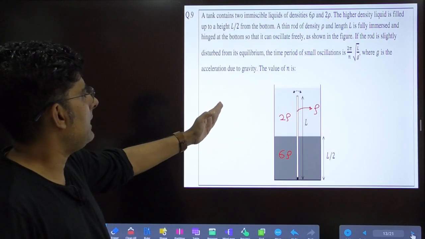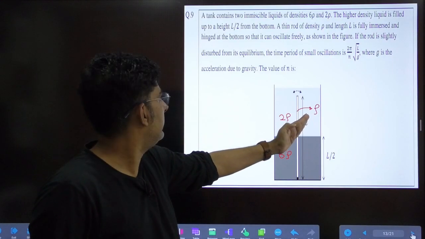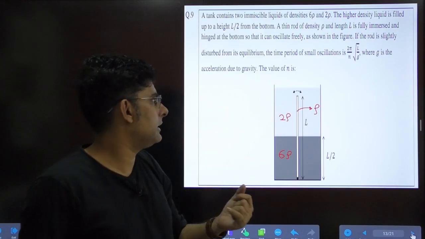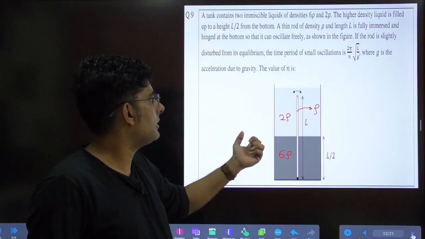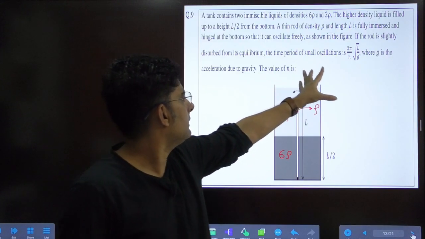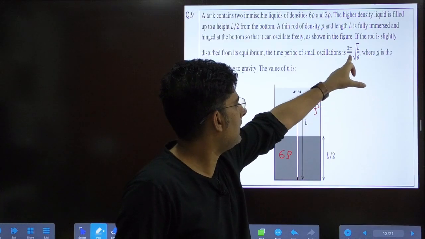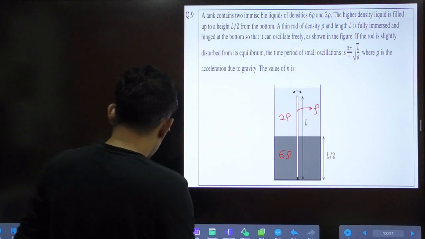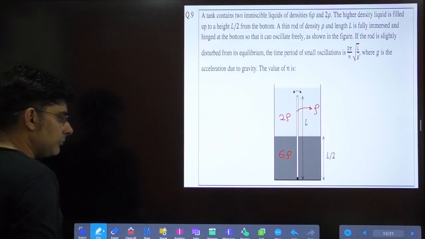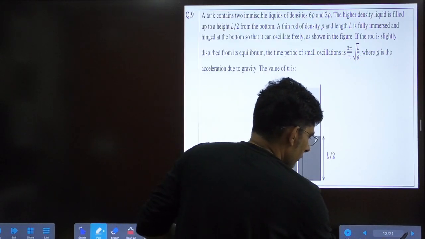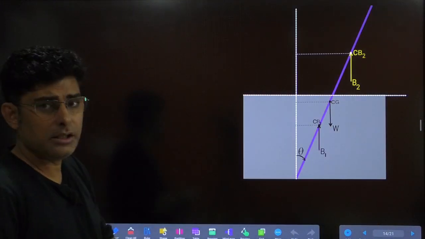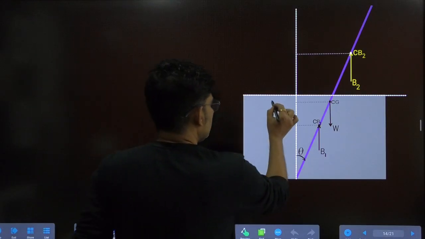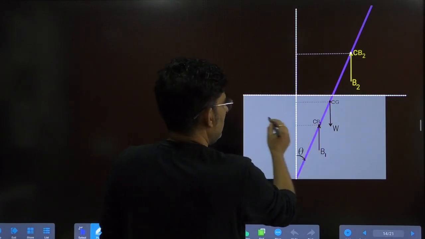They are saying that if the rod is slightly tilted and released, it will perform small oscillations, with a small angle theta, so obviously we have to take some approximations. They are saying the time period of small oscillations is 2 pi by n under root L by g, so what is the value of n? So let's proceed with the solution of this question, and for this also I have drawn a diagram to save some time earlier. If you see here what they have mentioned, this length